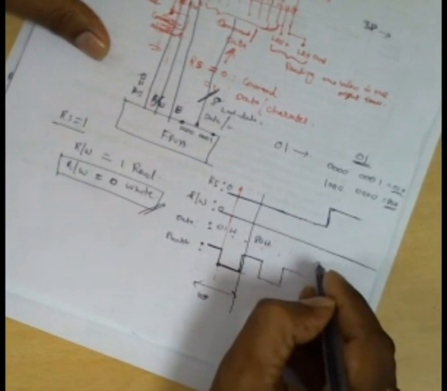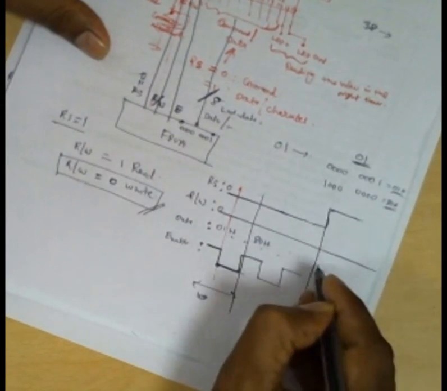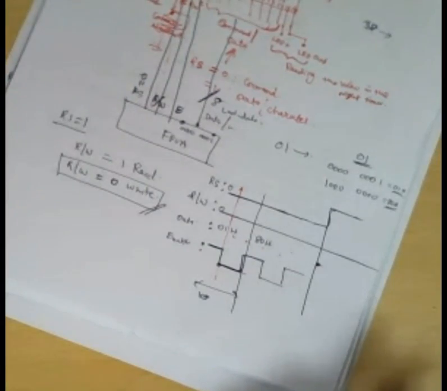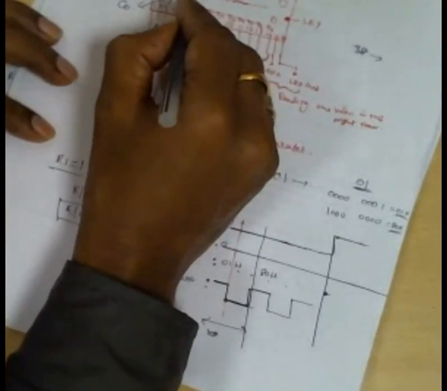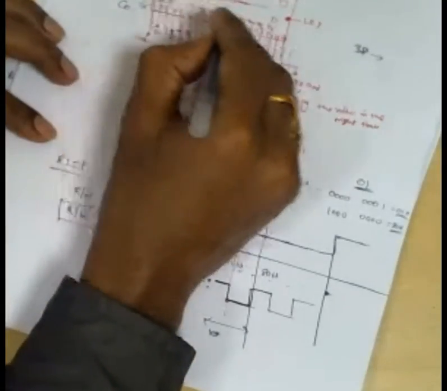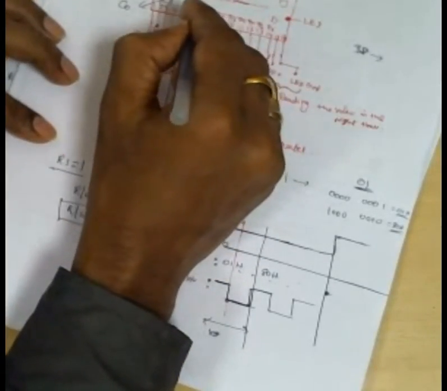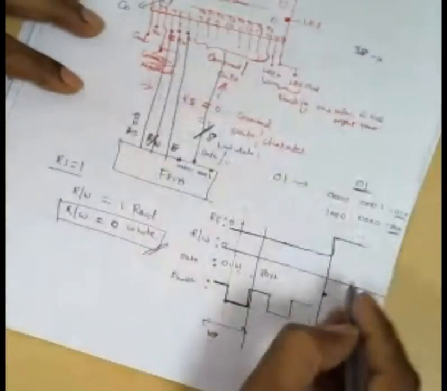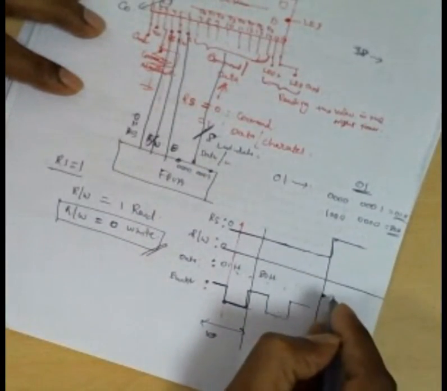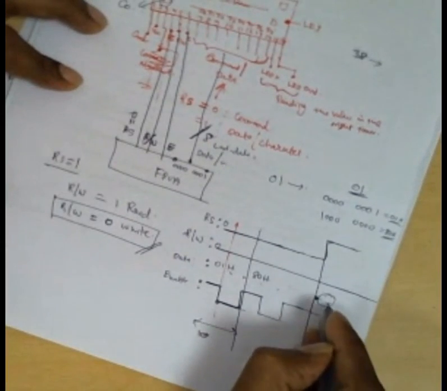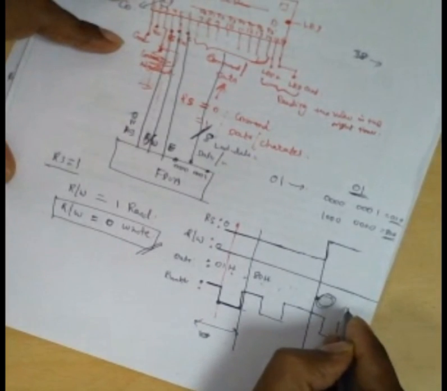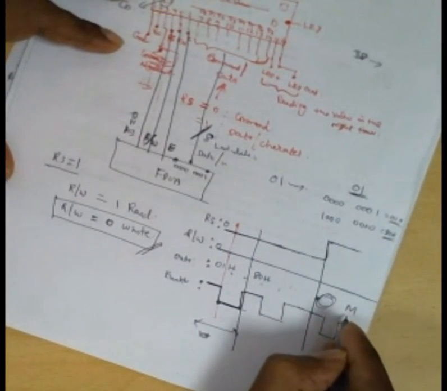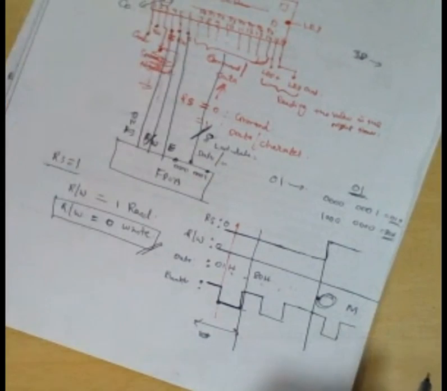After RS is 1, at that instant of time, you are allowed to give your character. Suppose you want to display a name here. For example, the character U: you can give the ASCII value of that U. You feed it here, you choose the ASCII value of U, then you give one falling edge. Then the ASCII value of M, and so on. M is a letter, so what is its ASCII value?